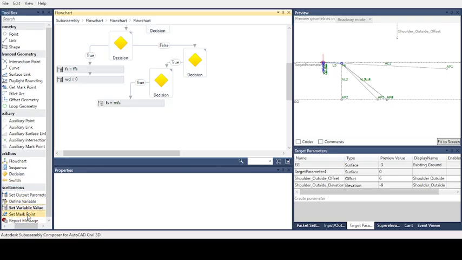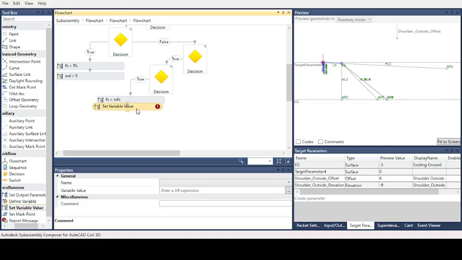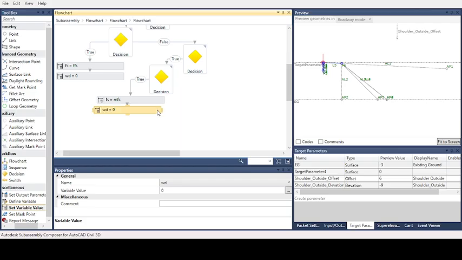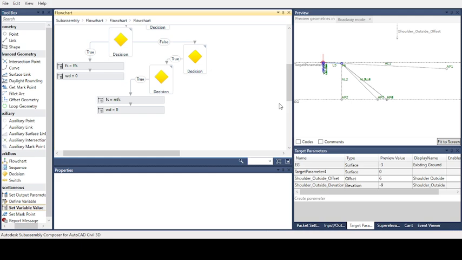And the widening. This sets a variable for the widening. This is the widening, the name, and the value is less than 2 meter. There is no need for field widening, only the shoulder width. When you work on geometry design, they have a curve widening. For now, only the shoulder width, and we will also add a decision.